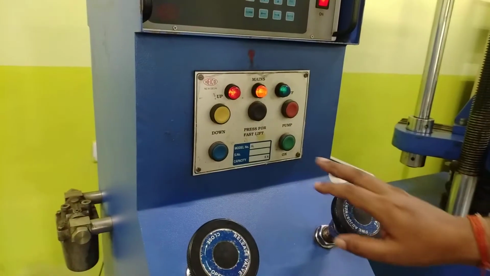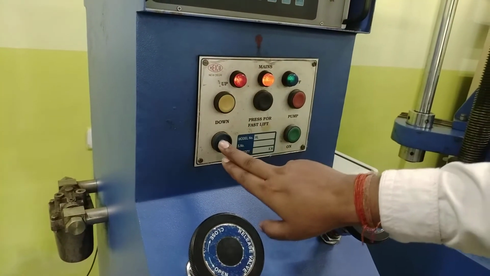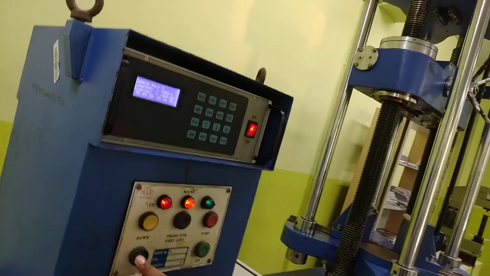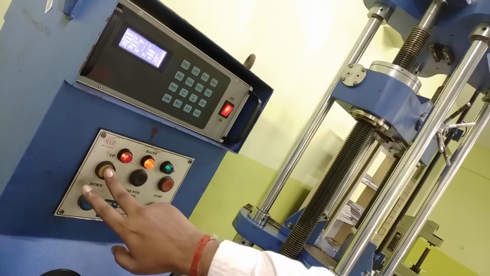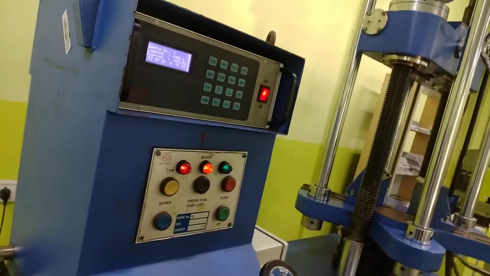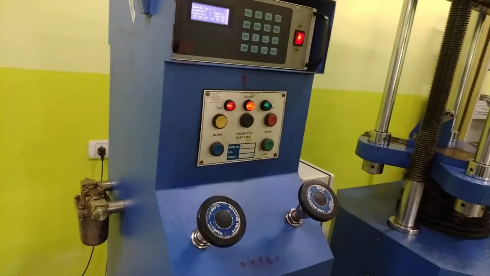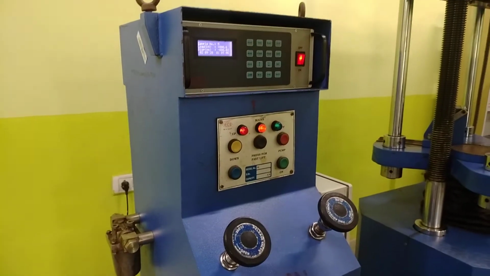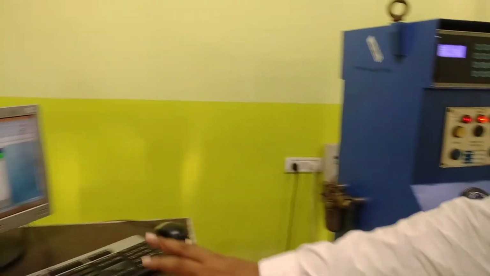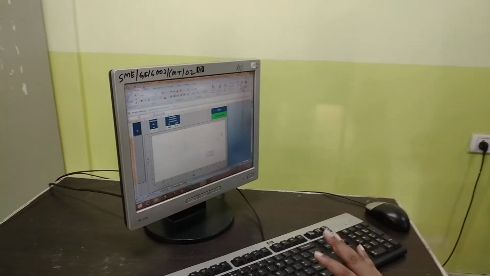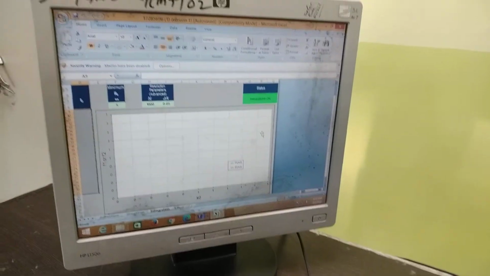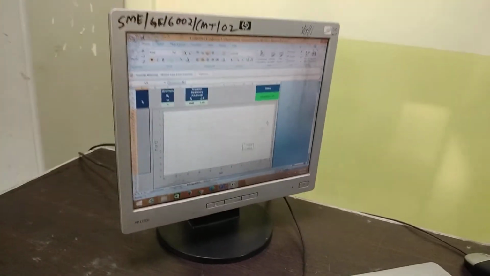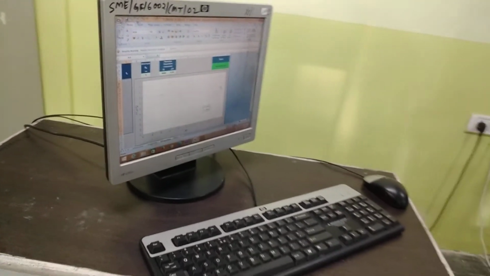Just now you have seen how we are moving this cross head. This is coming down and this is going up, all for setting the specimen, and for taking out the specimen after the test. Further, this is connected to the computer, where once the test starts, it will record the data and plot the curve of stress and strain.